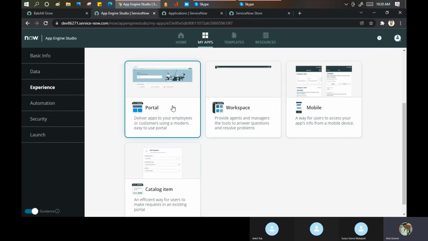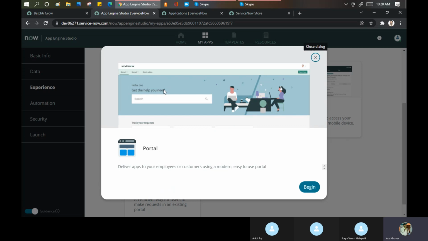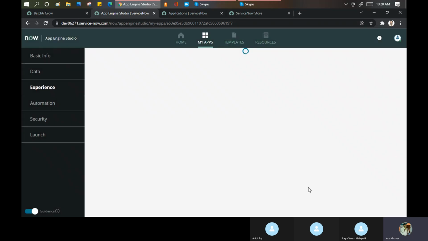You can create a portal, a workspace, a mobile app, or a catalog item. I said, boss, my customer or my user will start using my application via portal only. Portal means the same which we did, service portal जो हमने बनाया था. I will show you here as well.